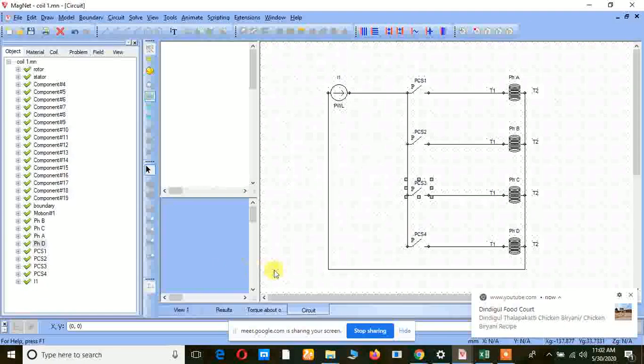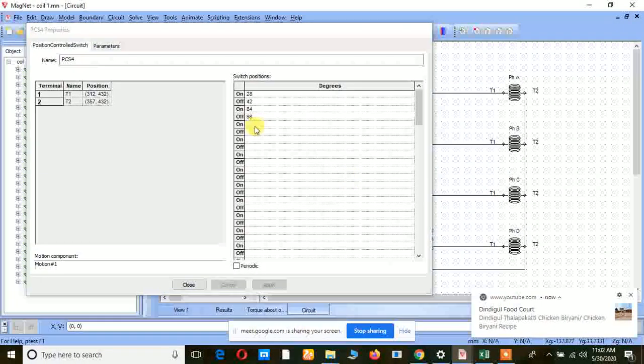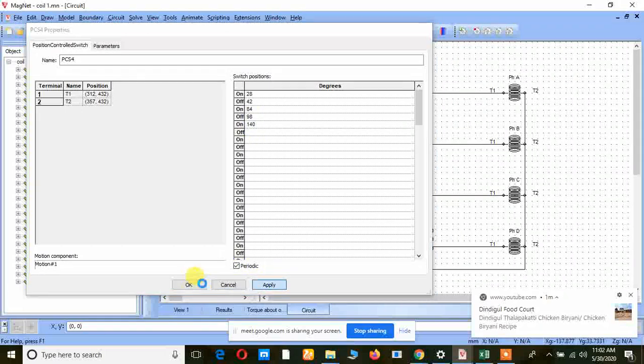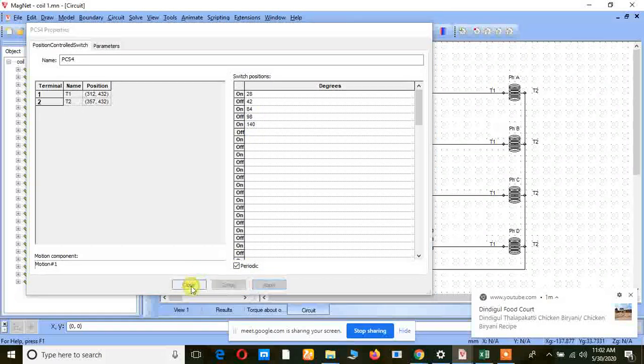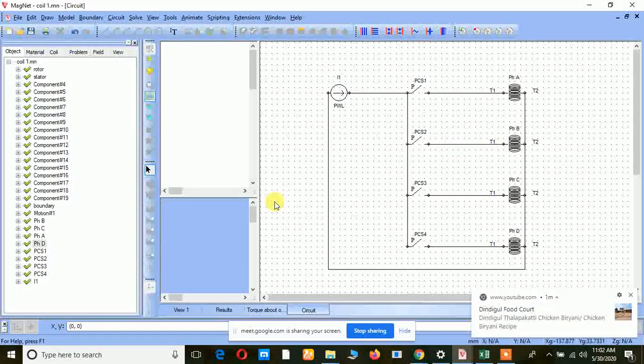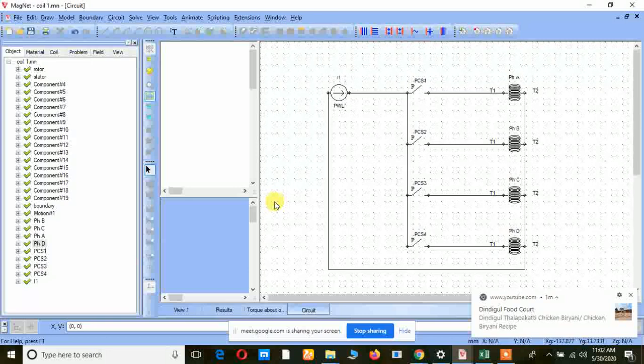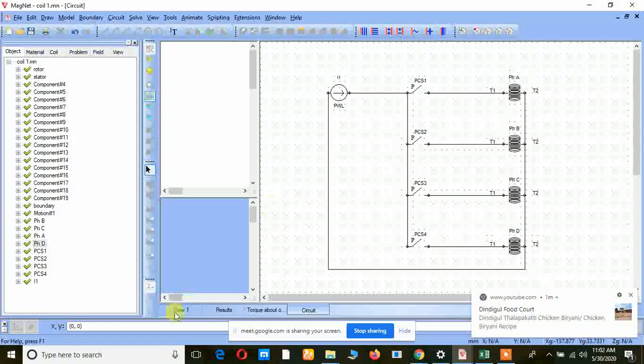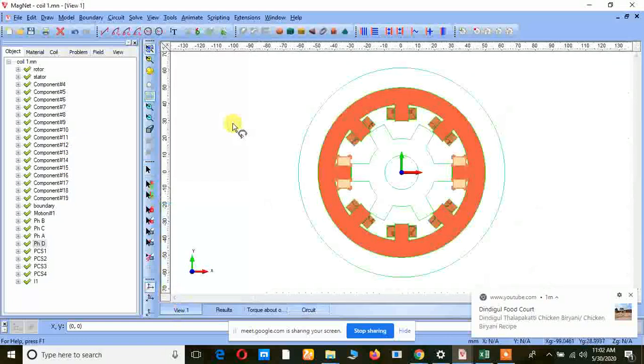We are going to get 140. So keep the turn on angle as 140, give a periodic here and apply it. Right? So now we can rotate the machine for whatever time. According to this, now our model is ready.